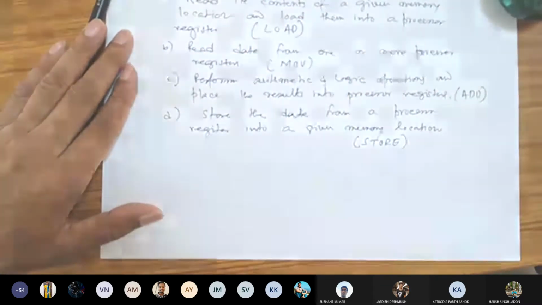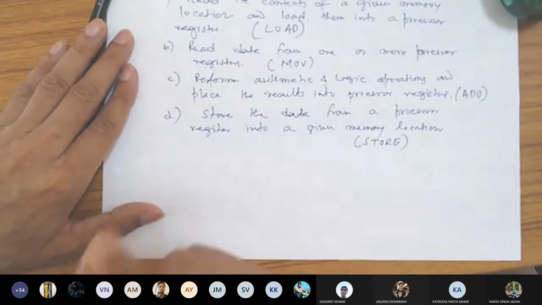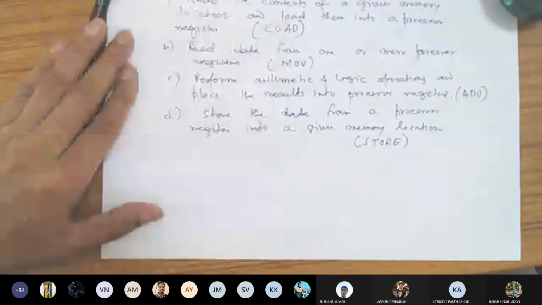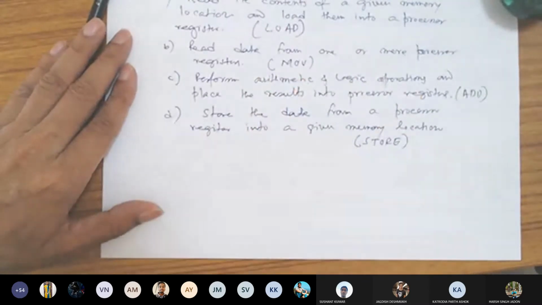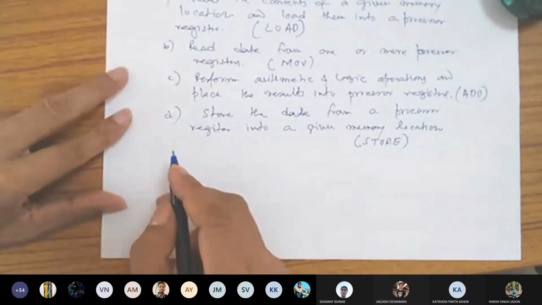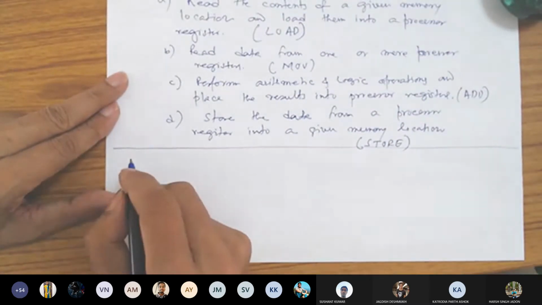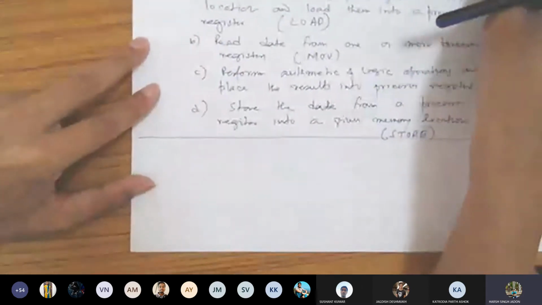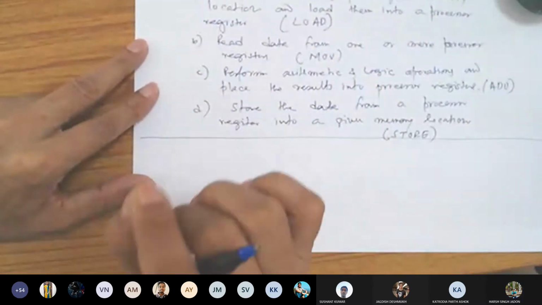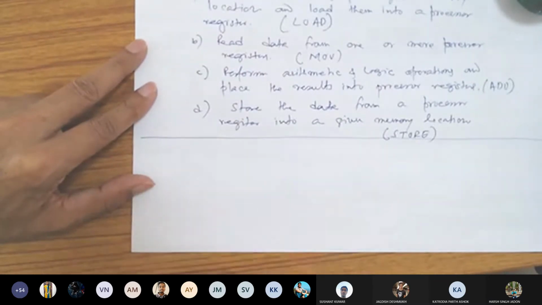What are the major hardware components needed inside a processor to facilitate this? Can someone tell me what components you think are required? Hardware components, yes. I do not want specific details of these components, but just the units.